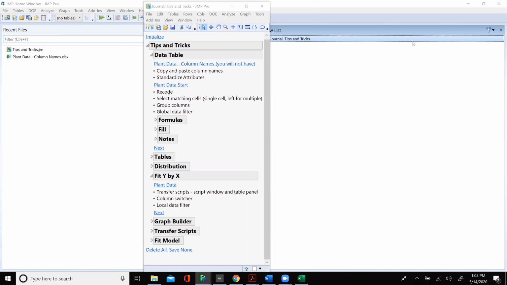Okay. How about this, I'm going to go ahead and clear all. Tell me if you've been using JMP over 10 years. I know a few of you. A few of you have been using JMP over 10 years. I can see a few names here. Maybe you're shy, but yeah, I know there's a few people here that have been using JMP over 10 years. Okay. Well, hopefully I can teach you something.